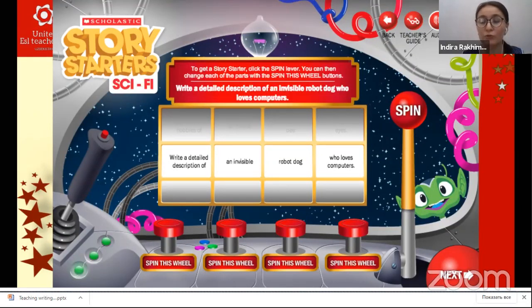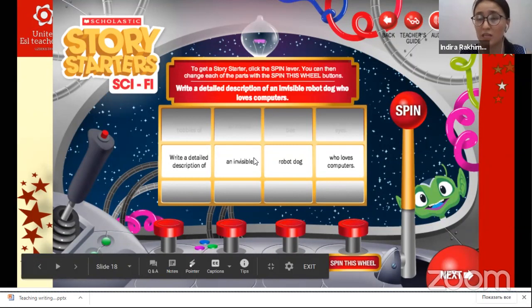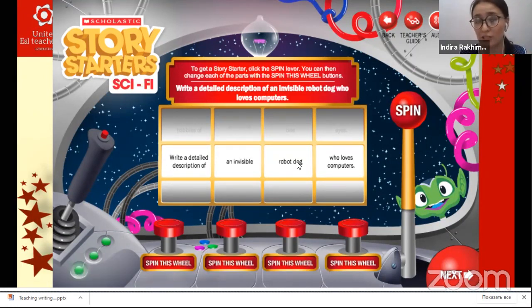If you click on the spin button here, these parts of speech will appear on the screen. For example, if you want to write about an invisible, let's say, you spin the wheel and it will change the word here. Or you can change the word here or here. It depends on your aim and purpose or taste.